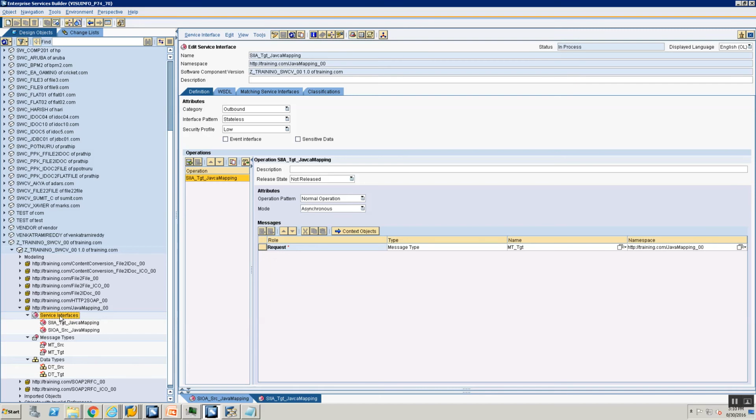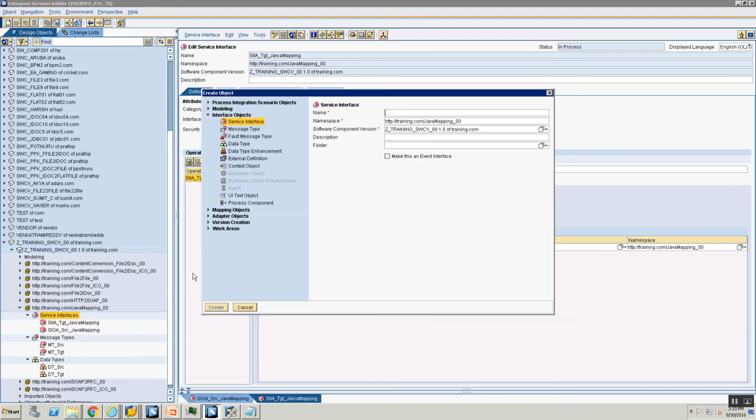interface. Now the next step is, typically so far you would go into a mapping object and create a message mapping, right? But in this case we are not going to build a message mapping. We are going to deal with a Java mapping, and the way to deal with Java mappings is, the code that you have written both for Java mappings and for XSLT mappings needs to be imported under this object type called imported archive. Okay, so for Java mappings and XSLT mappings, create this